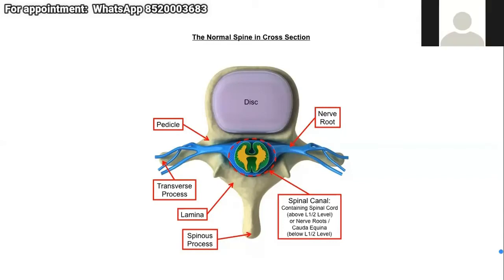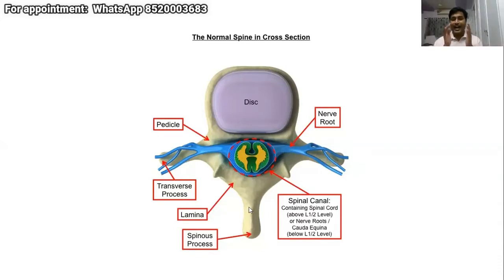This is a spine, anterior view of a spine, vertebra, intervertebral. Okay, Dr. Sabha, are you able to see my cursor? Yes, sir. So what is this? It is the body of the vertebra. This cut which you are seeing is an axial cut or a sagittal cut? Axial cut. Okay. So this is all the bone. What is this bone called? The transverse process. No. Spinous process. Yeah, this is the spinous process.